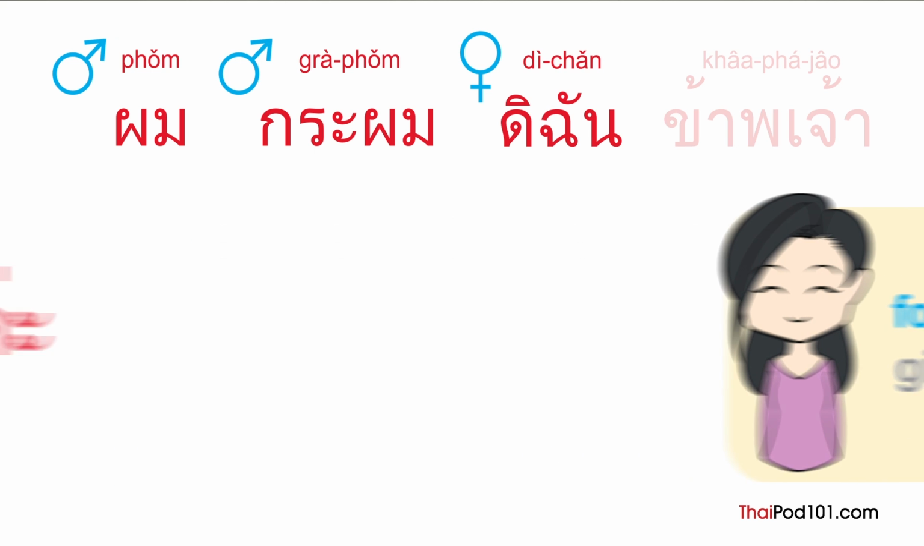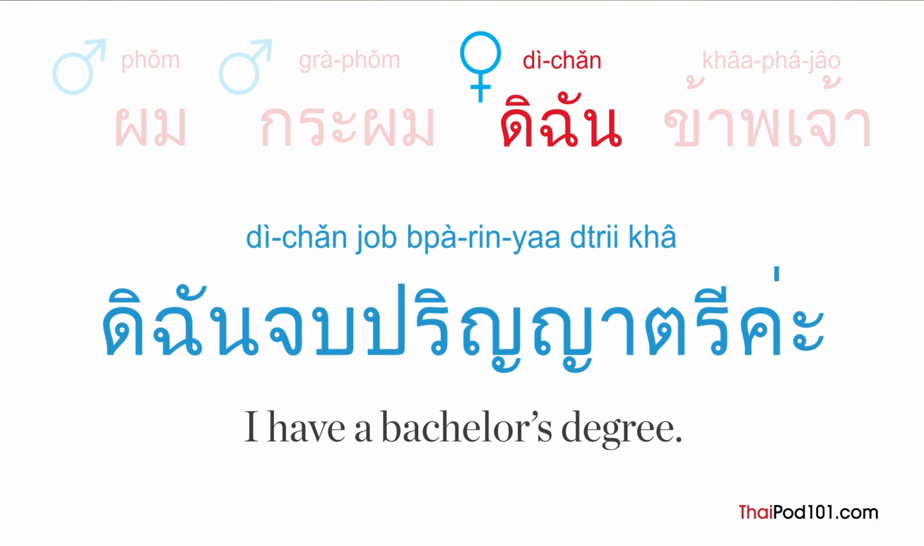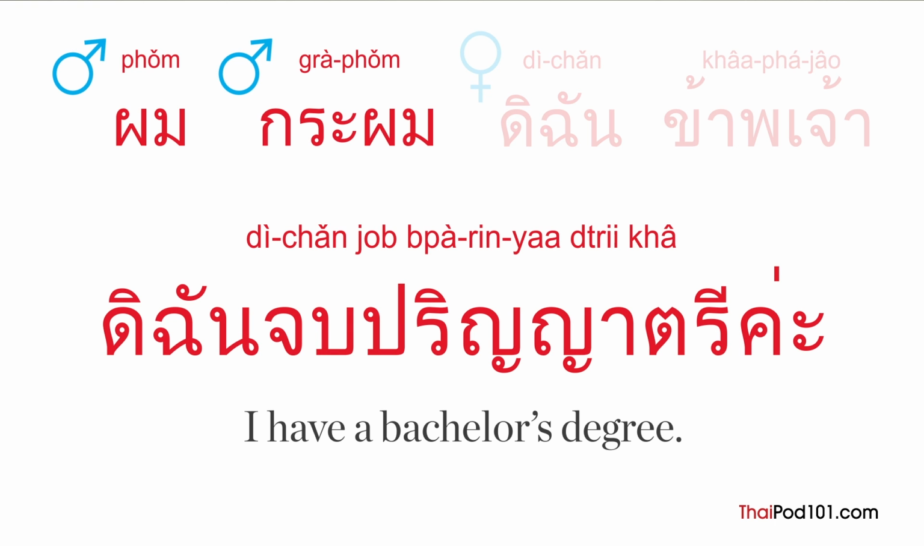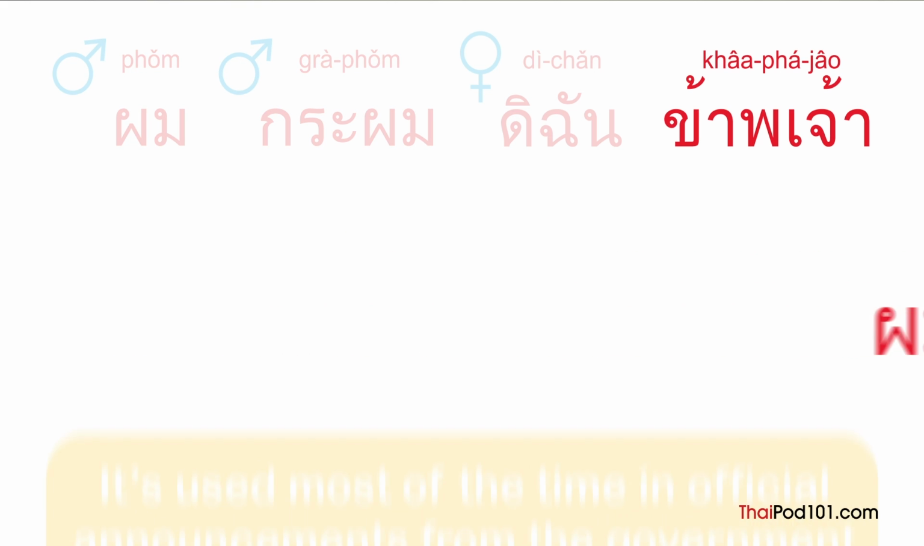For example, in a job interview, you want to say, I have a bachelor's degree. As a woman, you can say, ดิฉันจบปริญญาตรีค่ะ. If you are a man, you can use ผมจบปริญญาตรีครับ. As for ข้าพเจ้า, it's